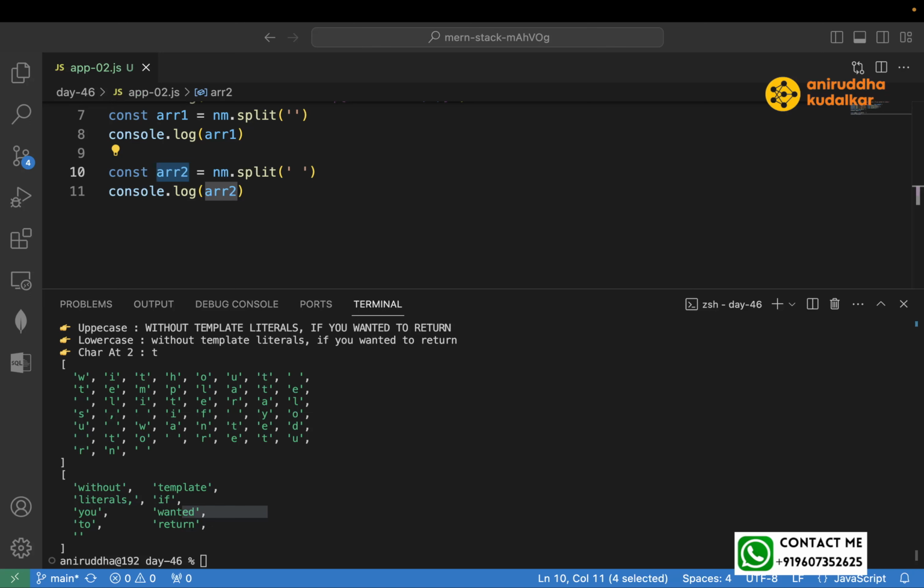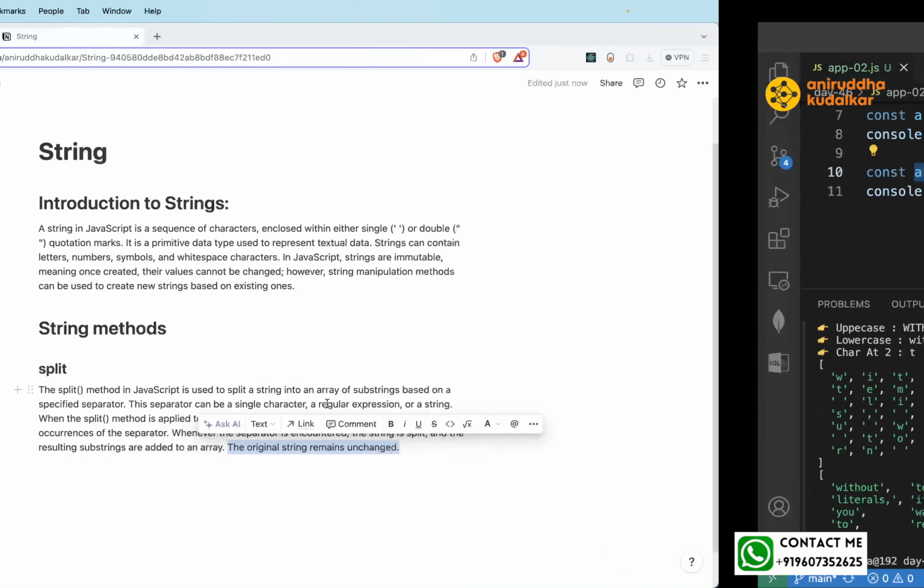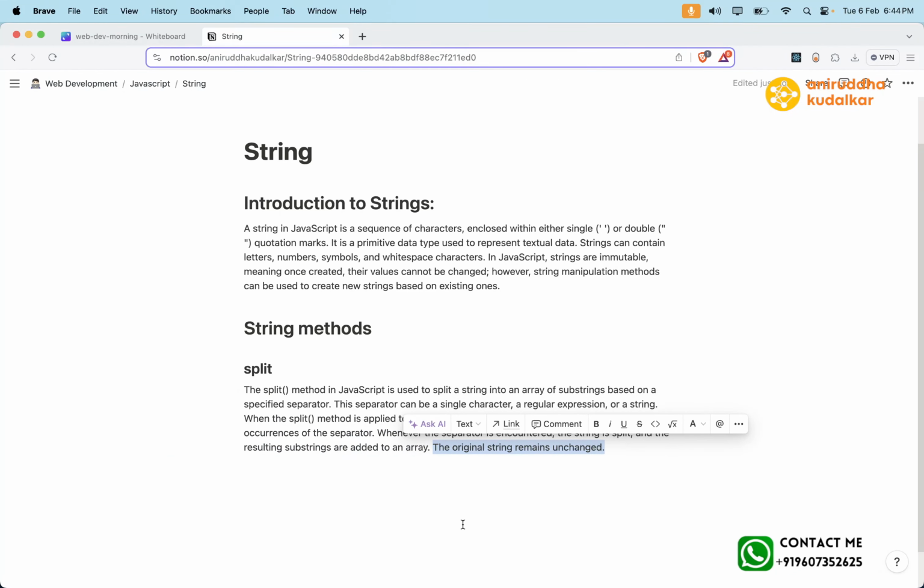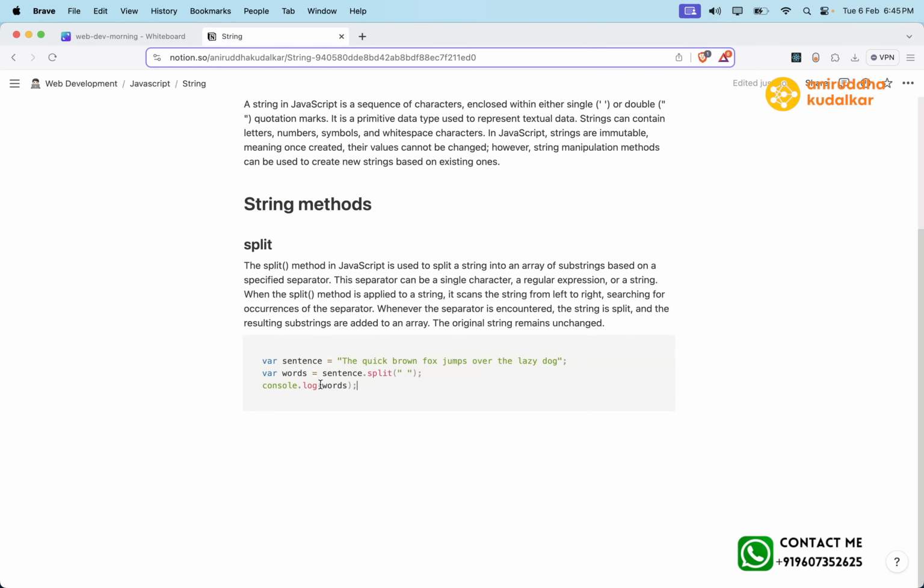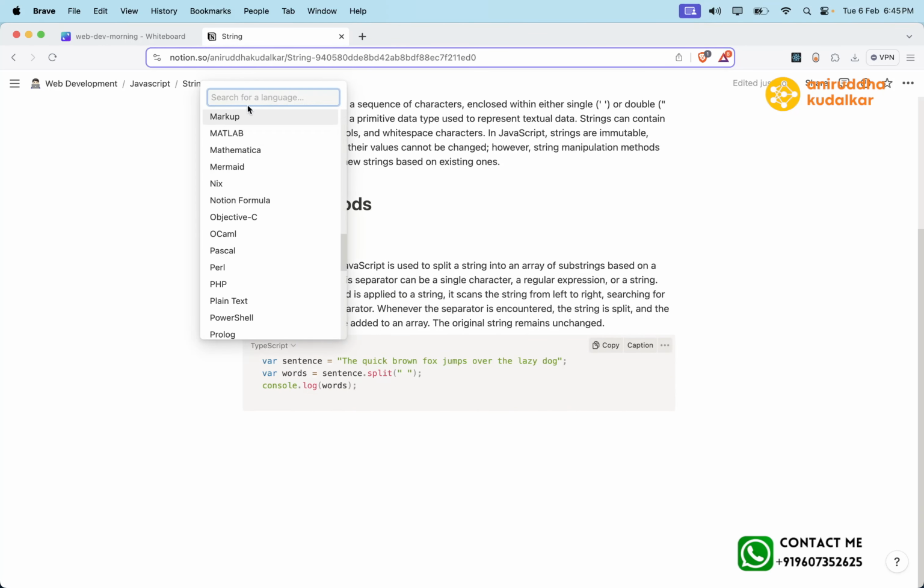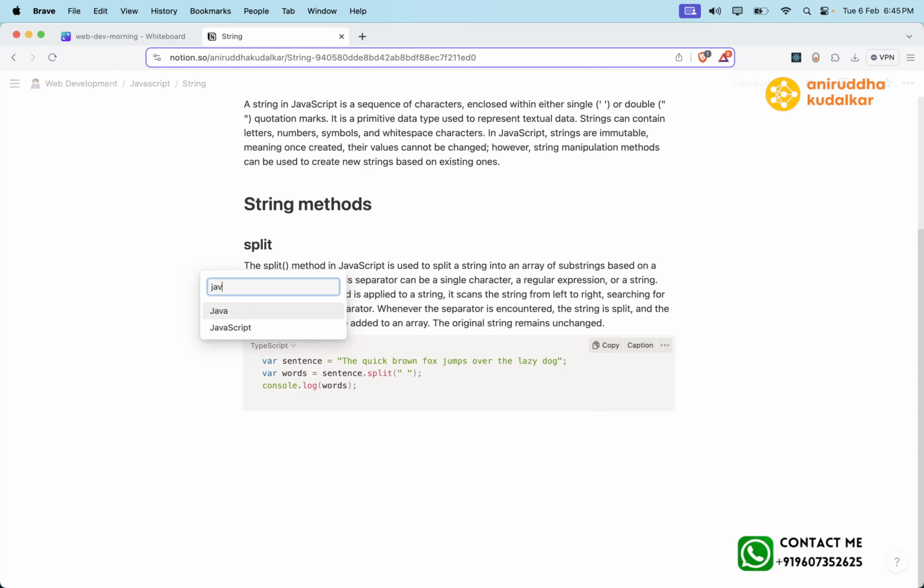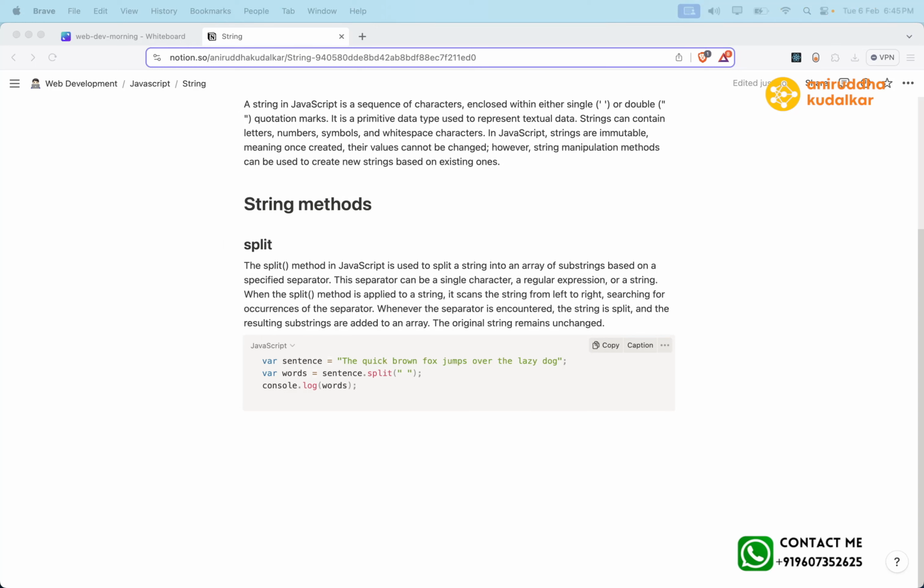Okay, let's move ahead. This is about the split method. Now, when you say split method, you can see this code. This is what you use if you have a comma separated string,